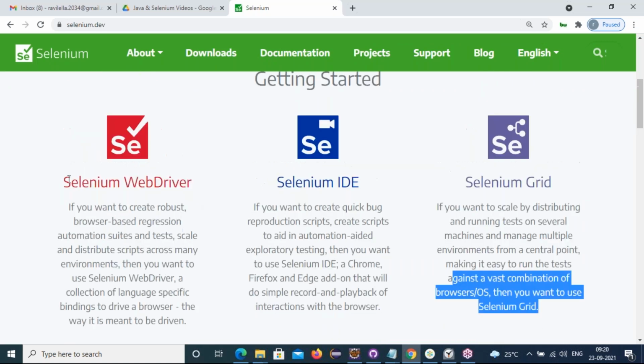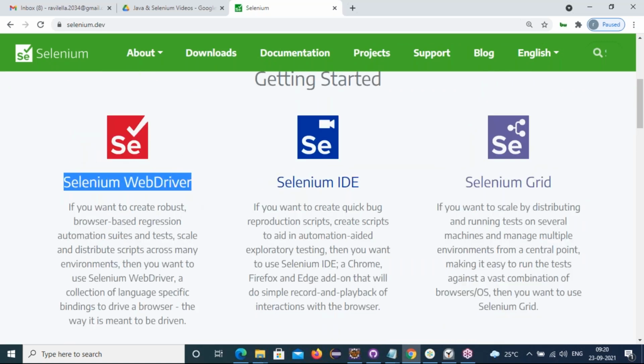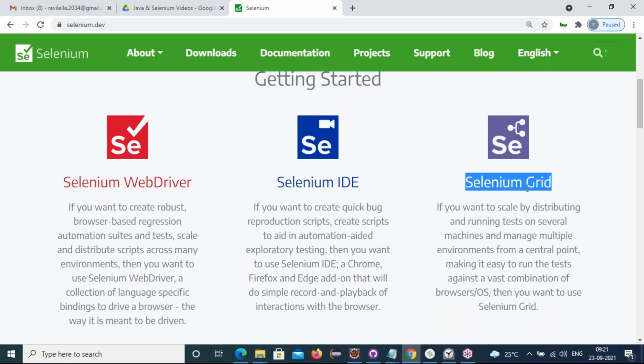Using Selenium WebDriver, we develop browser-based regression automation suites and tests. After developing them, we are supposed to scale and distribute the execution across multiple environments like browsers and platforms. Using Selenium Grid only, it's possible.